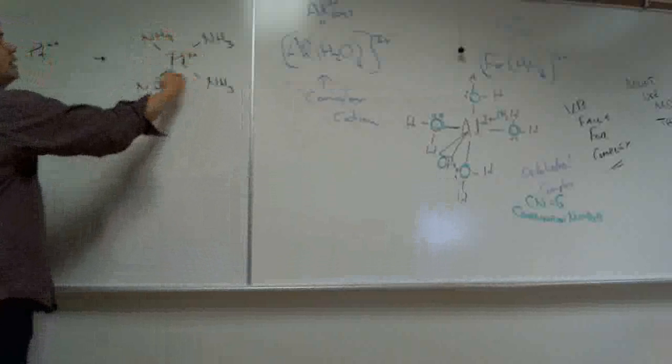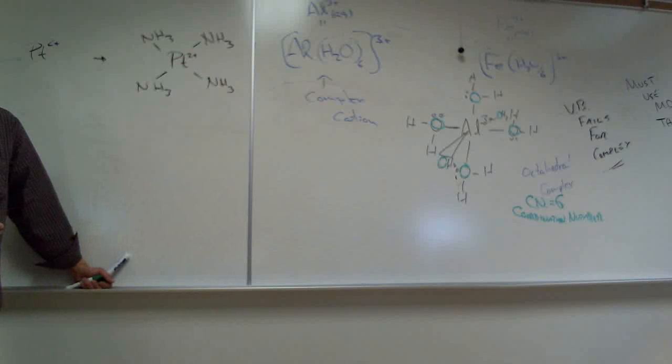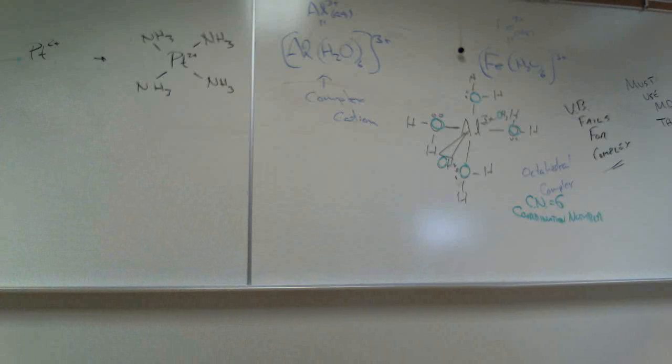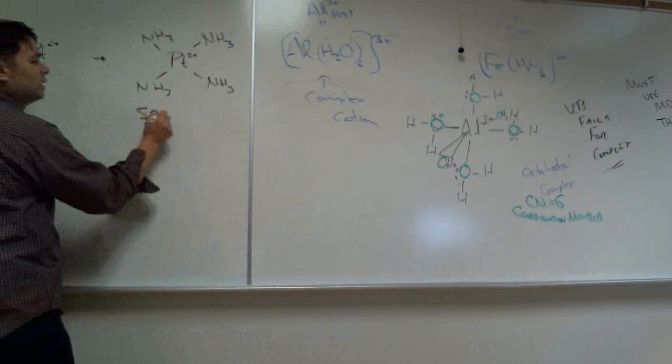So we have 4 bonded atoms, no lone pairs. Why is it square planar? Well, does valence bond theory work for these? No. We've got to look at the MOs. The MOs will explain why it's square planar, which we'll do later. Actually, we're going to look at the MOs at the end of the semester. Right now, we're just looking at this. This would be an example of a square planar